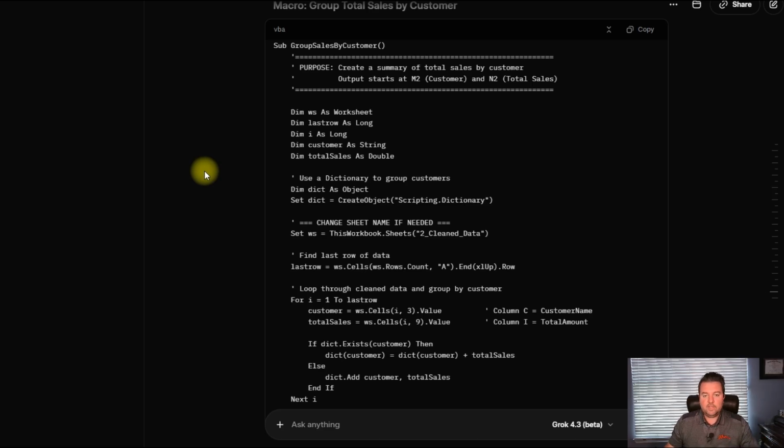So anyway, that's the short story behind that. But okay, what this is going to do is create a dictionary of customers. That means it's a quick way to store a small set, a dictionary that contains all of the customer names in it. So first it's going to build this dictionary of customer names.